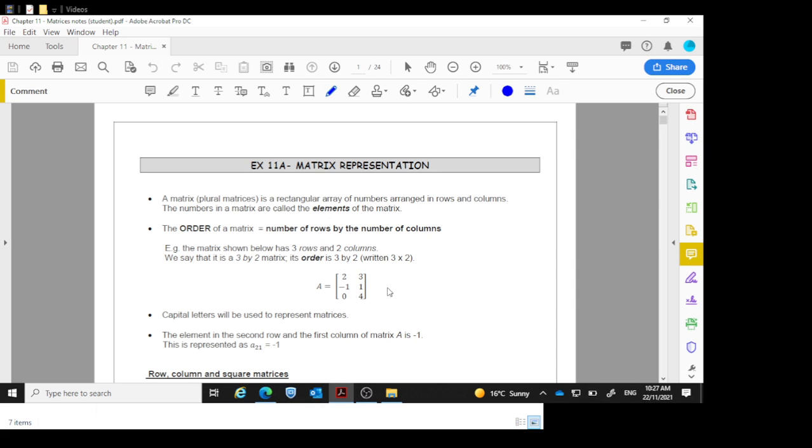Matrix representation. So first of all, we need to understand what a matrix is. A matrix is something that is in square brackets. Okay, it has an order. Order depends on the rows by the columns. Don't multiply it, we just leave it. So this one here is 3 rows and 2 columns. That's a 3 by 2 matrix. That's its order. The numbers inside the matrix are known as elements,